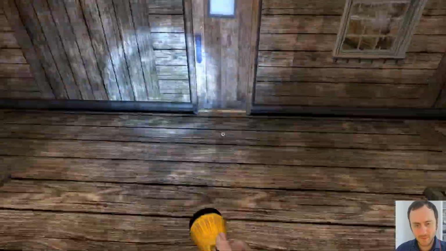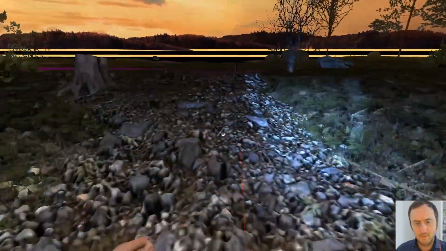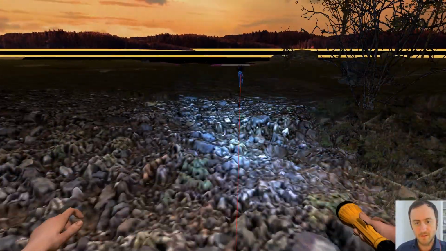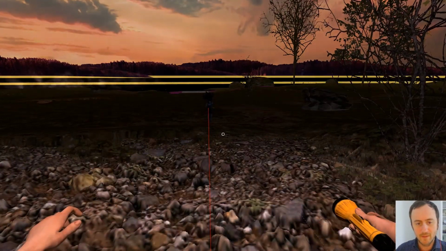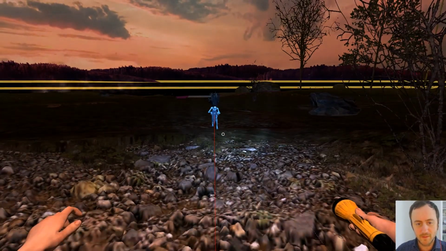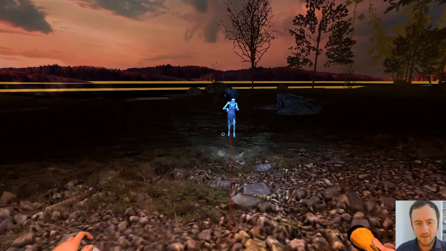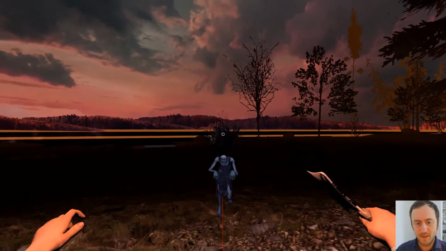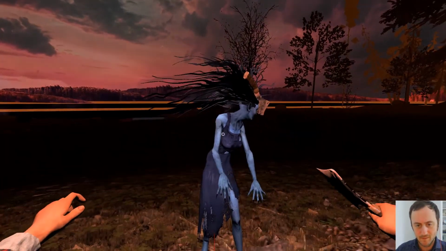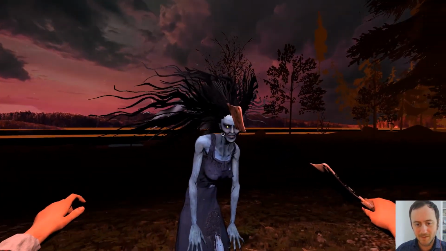And I'm not sure if it's actually recording the sound right now, but when I walk on these rocks, it should be playing a rock sound. And of course, there is the monster in the game. She looks as though she's lurking towards me rather slowly. You know what? I might as well stab her while we're here just to get a little game footage in here. So you can hit her in the head with a cleaver,